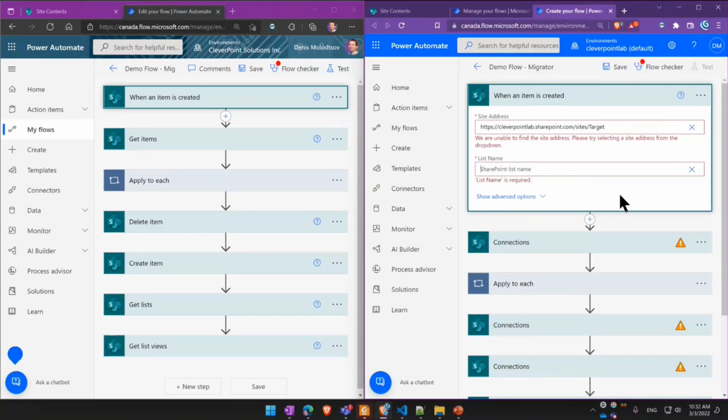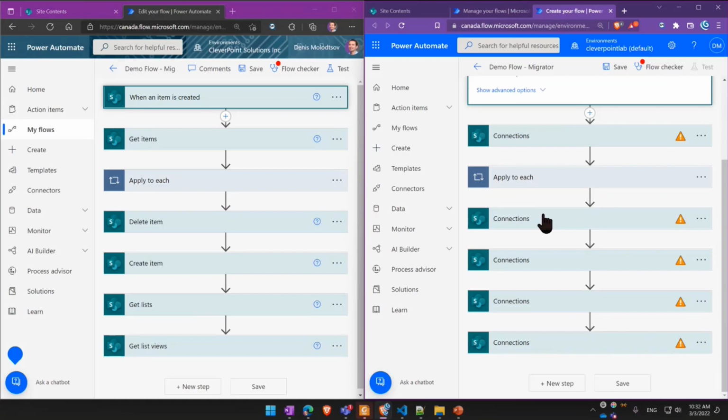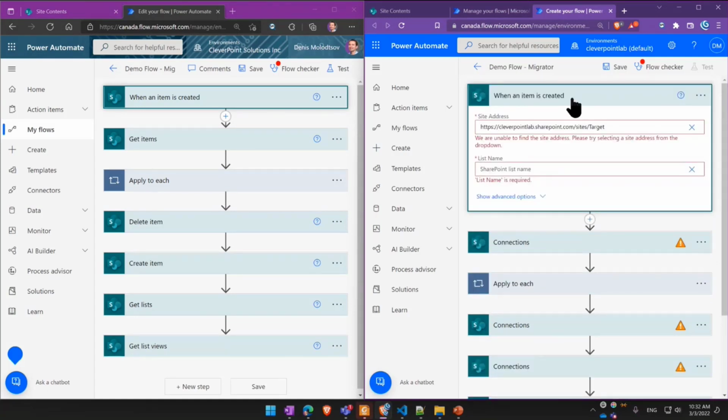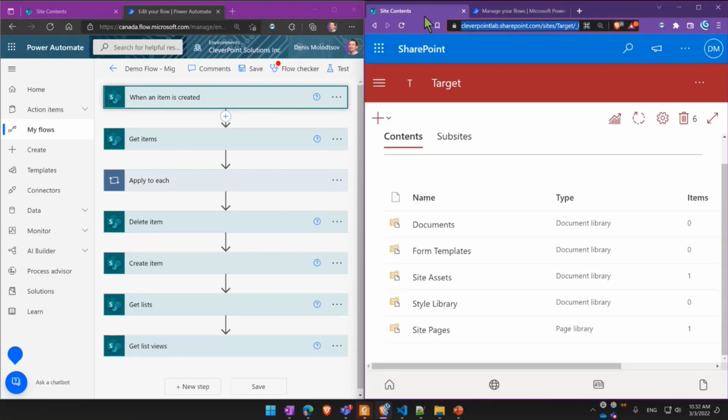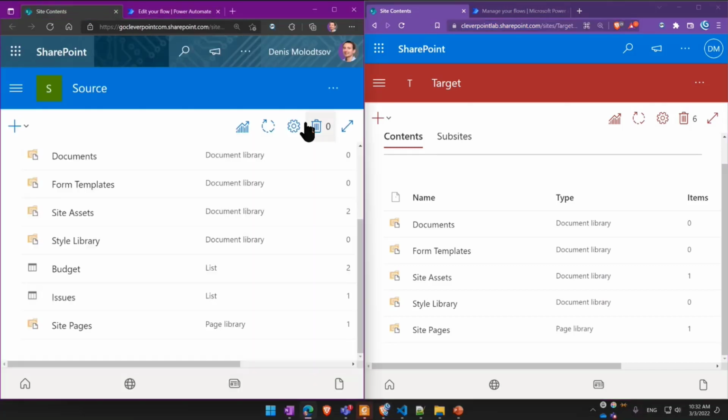It's usually not a problem if your flow is relatively simple or small, but imagine you have a large flow, or even better, you have multiple flows to migrate. And even worse, you may do it frequently, let's say every day, once you go from dev to staging to production, for example. So let me show you how the Flow and Power Apps Migrator tool solves this.